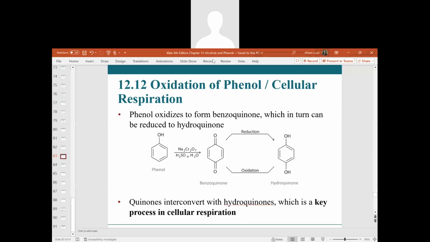In this last video for Chapter 12, we're going to cover both Section 12.12 and 12.13. This first section that we'll review, there's not too much information regarding the oxidation of phenol. You will not need to know all the details of cellular respiration, just mainly this reaction here, where phenol we